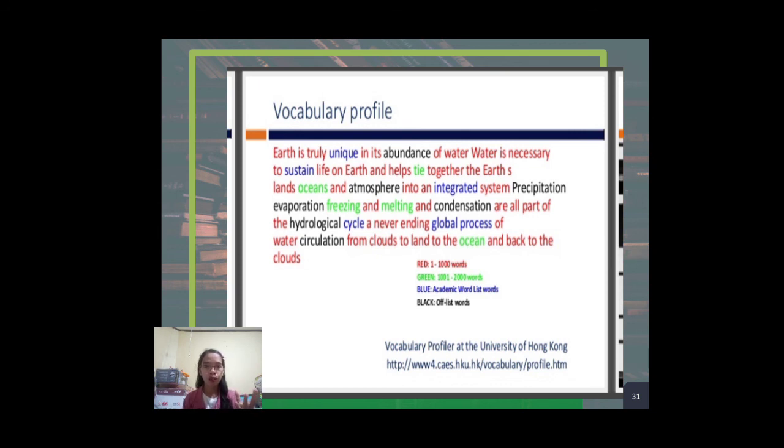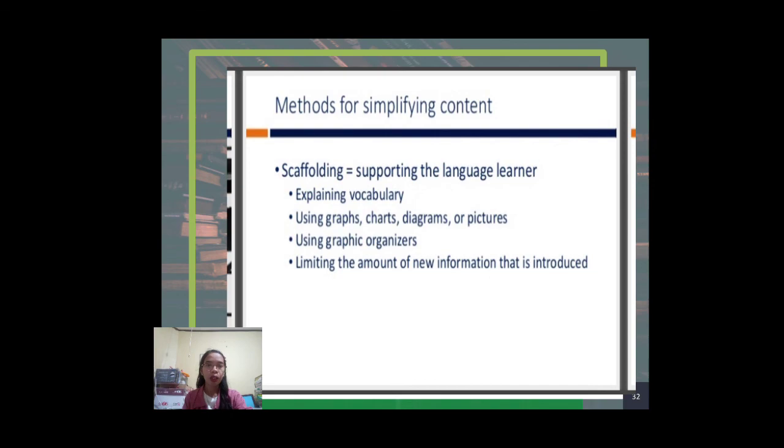You identify through profiling where they struggle, or which words they cannot understand. And then you use that in your lesson, using another lesson presentation, and then you choose those words that they showed you, that they struggle with, or that they don't know. Okay, next, methods for simplifying